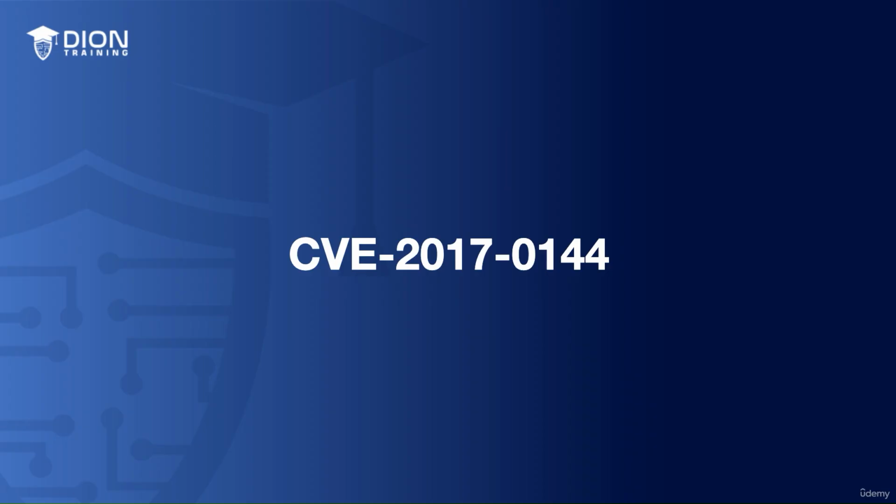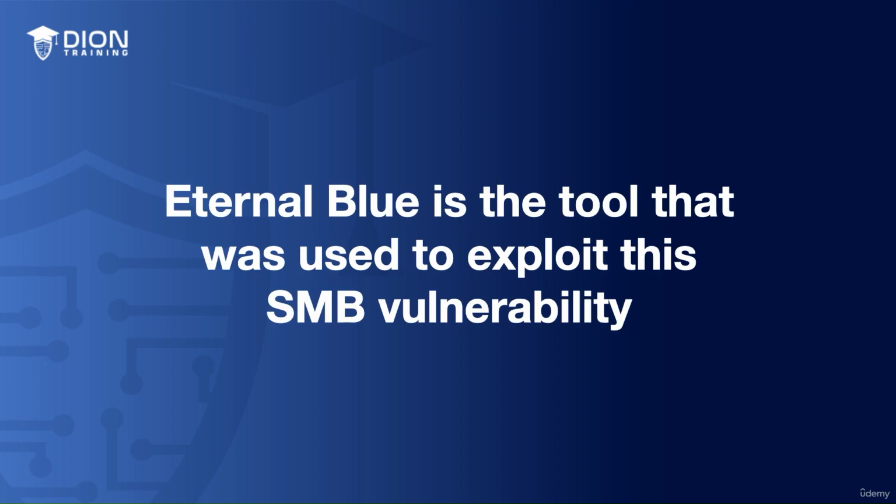If you dig into this a little bit more, you'll start to see a description of the vulnerability, some references about the vulnerability, how the vulnerability can be exploited, and what you can do to stop or patch this vulnerability on your systems. Now, this particular CVE is actually pretty well known, and if you've been in the cybersecurity world for a while, you've probably heard of this CVE, which is known as Eternal Blue as its nickname, which is CVE-2017-0144. Now, technically, Eternal Blue is actually the tool that was used to exploit this SMB vulnerability, but most people in our industry started using it interchangeably to call it the Eternal Blue vulnerability when they were talking about